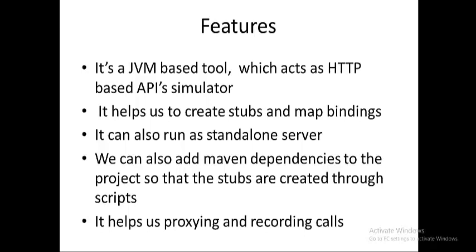Because right now the applications are built in a microservice model. So each and every service is built as a smaller chunk, and each and every service has its own scope. If at all something beyond is required, the microservice will not be hesitant in talking to another microservice and getting the data for you. So in those cases, the proxying really helps. And you should also record the calls.